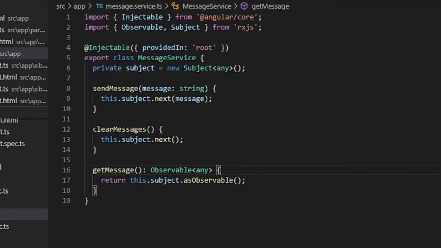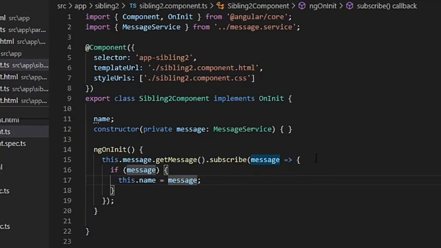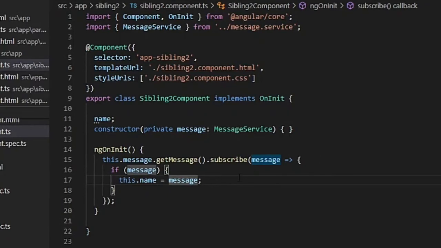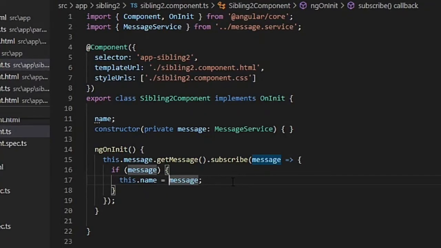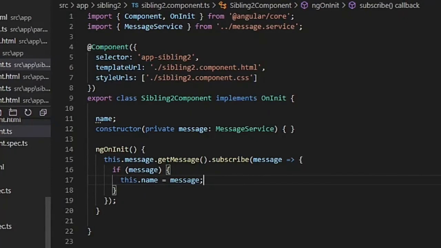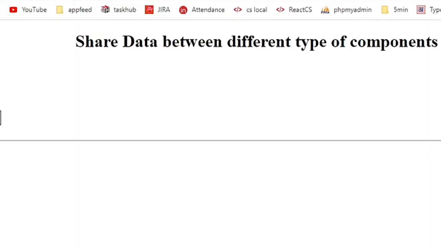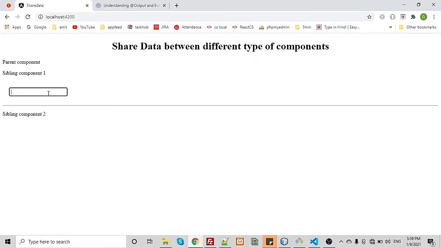This observable we subscribe to in sibling component 2, getting the message value and assigning it to the name property, which we print in the HTML. That's why whatever we type here is passed to the sibling component.